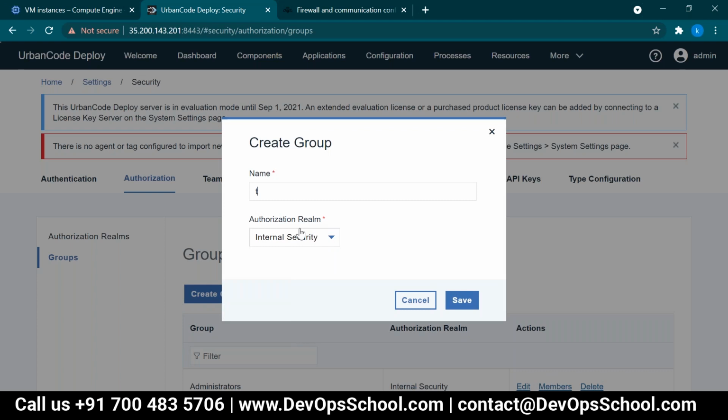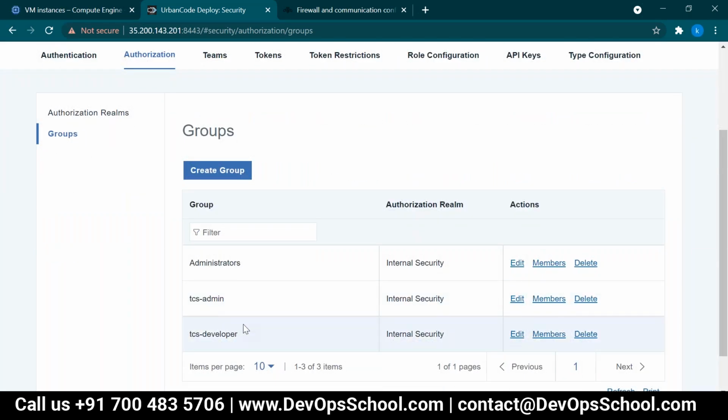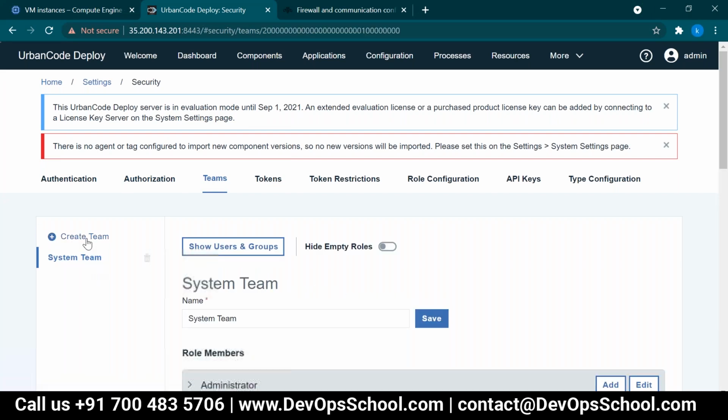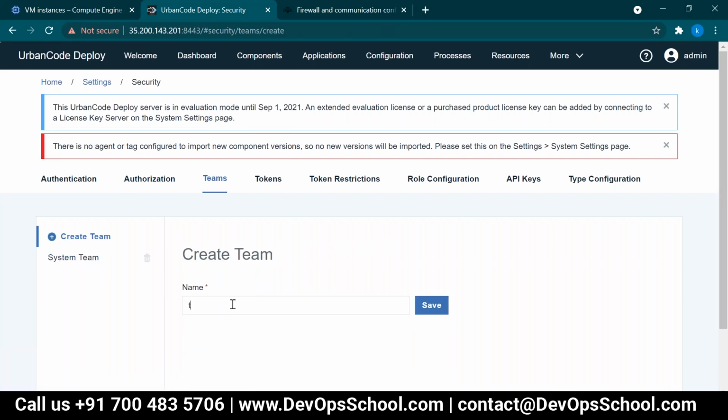Another create a group, TCS developer. TCS admin, TCS developer. I'll create a team, TCS team.